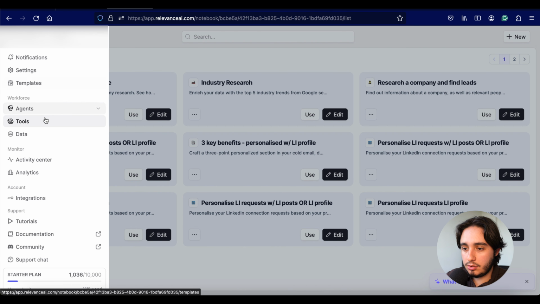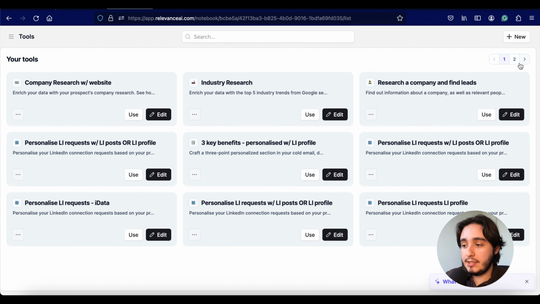This is just over here under Agents. And as you guys can see, we have all of the tools that we've created in the past and tried to create, but as a rule of thumb, the last ones that you've duplicated and created things from are going to be the ones that are here. So we're looking at these last four, and we're going to go ahead and click on New,